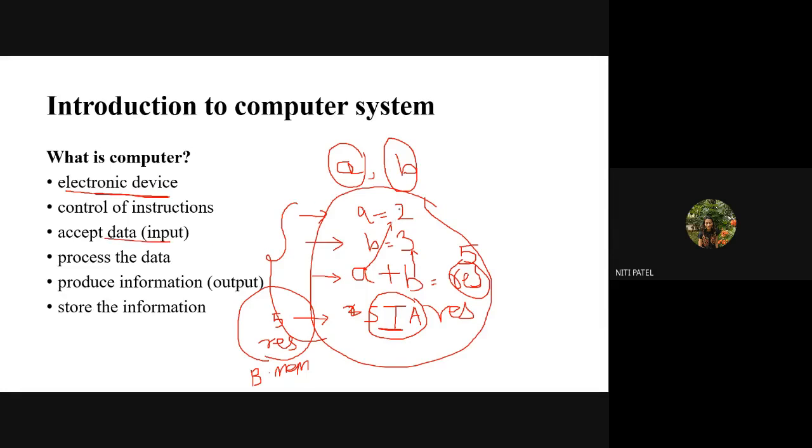Now, suppose I have not used these two variables for storing the data, and I ask a user to give the input after I run the program. As soon as I run the program, I give an input from my keyboard as 2 and 3. What are those 2 and 3? The two numbers which will be added by the system. So the numbers 2 and 3 are considered input given from the user to the system. As soon as the input is given by the user, the function of a computer system is to accept the data, whatever is being given by the user.